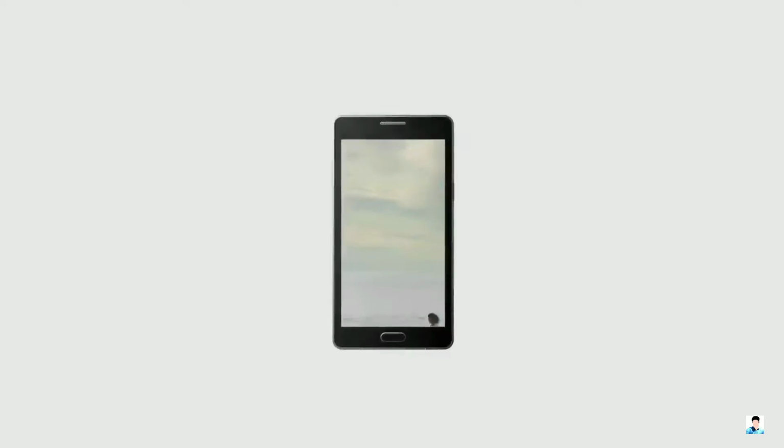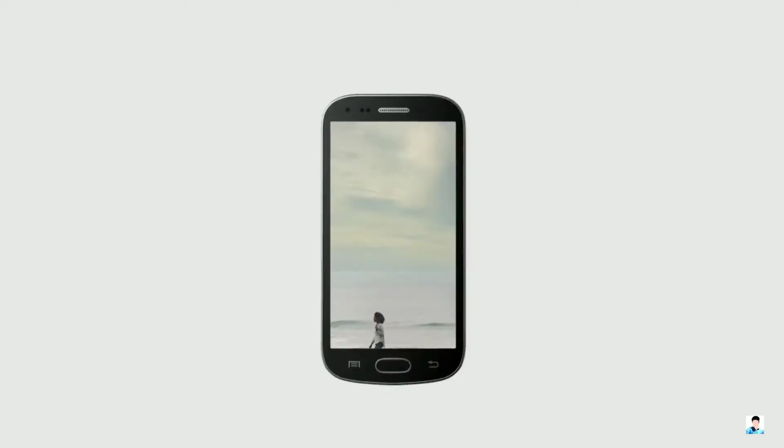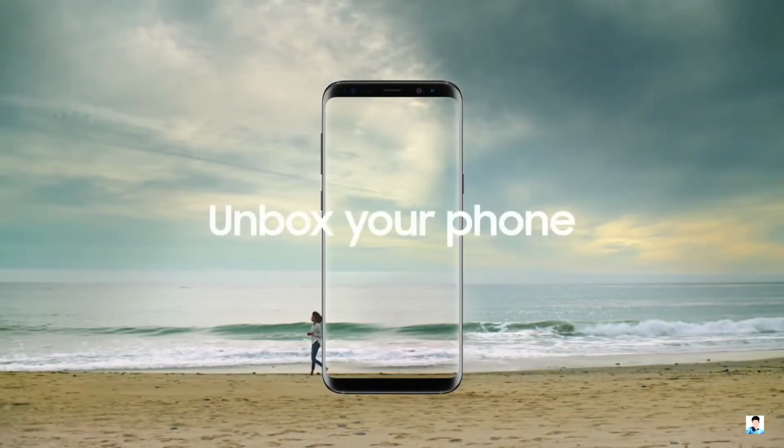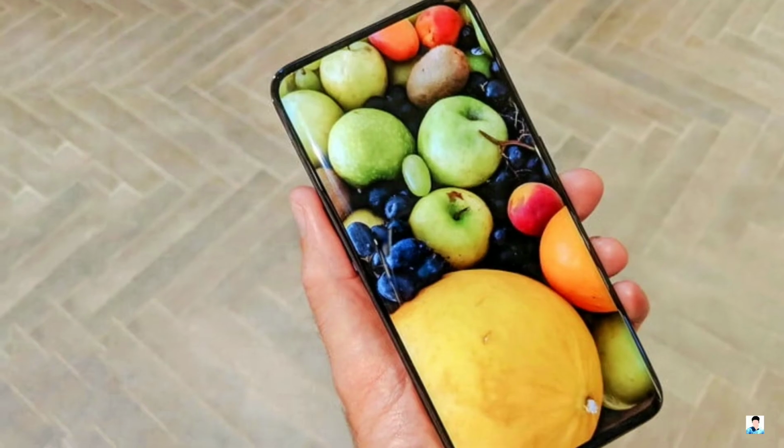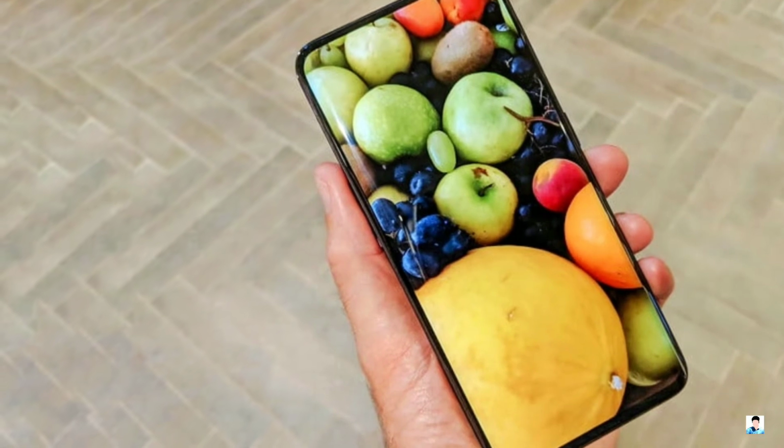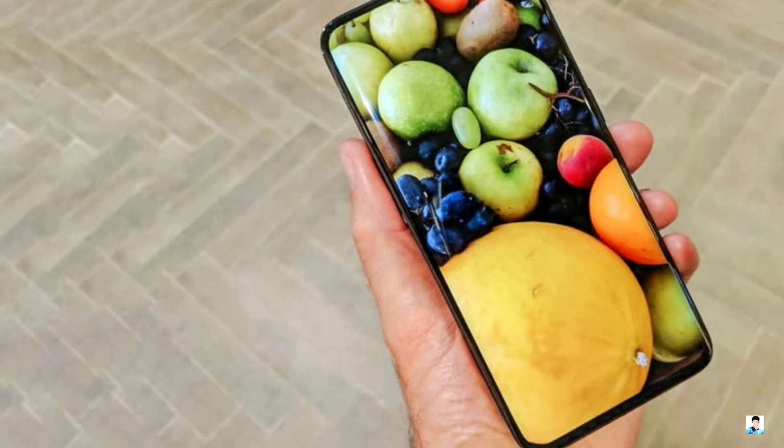For those who don't know, Samsung has played this game in the past. The Galaxy S7's Android Nougat beta showed the S8, the S8's Oreo beta showed the S9, so it's logical to believe this game is played again on the Note 9 for the S10. Also, you shouldn't be expecting an all-screen design without a hole in display tech,